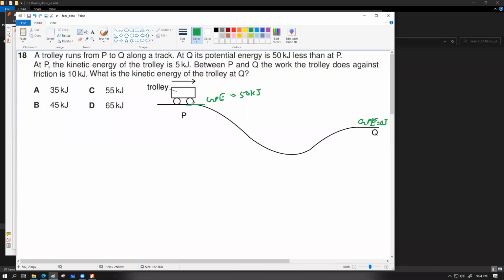Then it says over here the trolley was stationary. Sorry, stationary না, at P the kinetic energy of the trolley is 5 kilojoule. So এখানে আমাদের KE ও আছে, the amount of KE at this point is 5 kilojoule, and in the process of covering this track it's going to lose a total amount of energy of 10 kilojoule. So এই পুরো জার্নি করতে তার খরচ হয়ে যাবে 10 kilojoule. So what will be the kinetic energy of the trolley at this point? এখানটা টোটাল kinetic energy কত হবে? এখন দেখো পারা যায় কিনা। 45, হ্যাঁ স্যার, বি হয়।